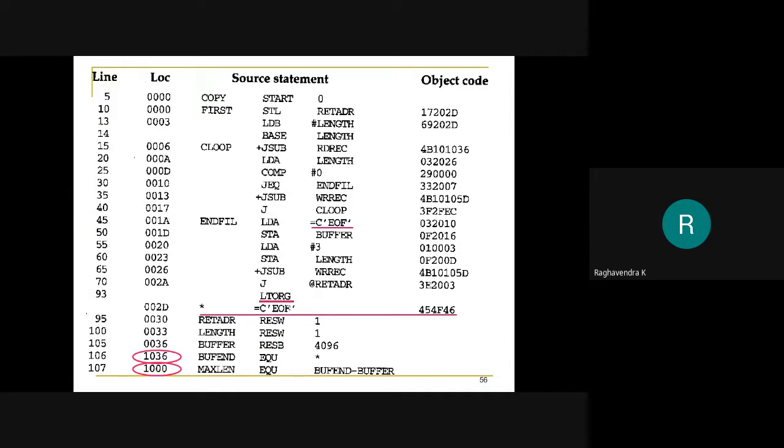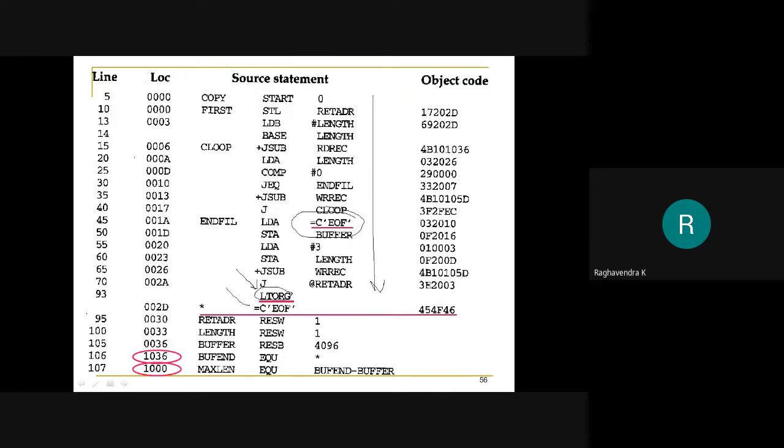Like for example, you can observe here, this is the start of the program. From the start of the program, we can see that there is only one literal, and we don't want this literal to be placed at the end of the program. So we will use the LTORG statement here. Once the LTORG statement is encountered, the assembler knows that the literal values that it has seen so far have to be placed here itself.